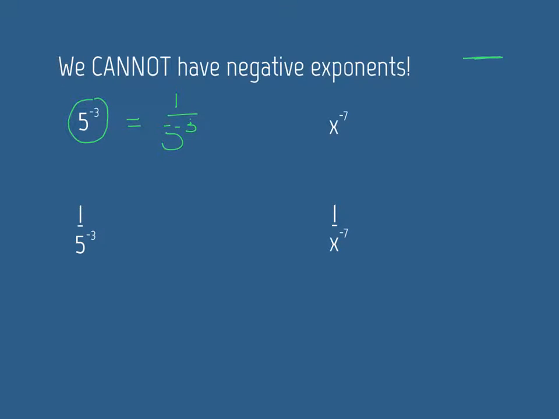Now, in this case, you already have a fraction, and the negative exponent is located in the denominator. To make that positive, we need to move the exponent to the numerator. So 1/5 to the negative third power now becomes